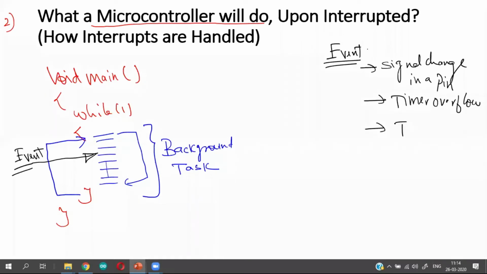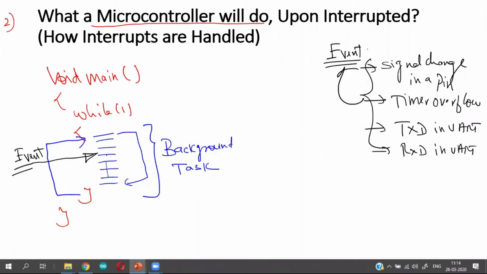It can be transmit of data in UART. It can be receipt of data in UART. All these things are examples of events. If any one of those events happens, and provided the interrupt is enabled, how is the interrupt processed by the microcontroller?